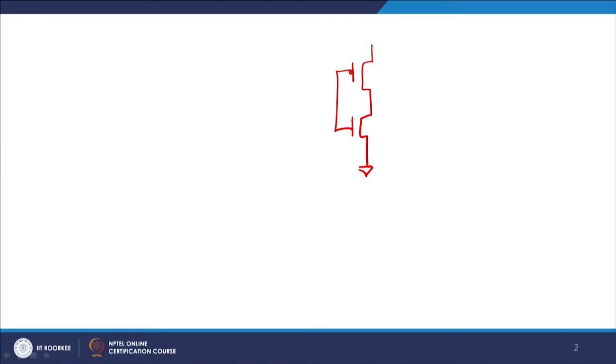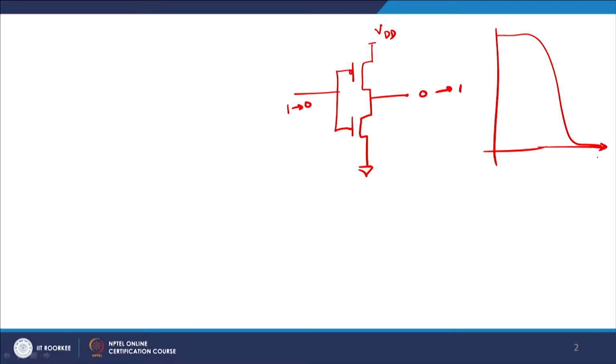If you remember, when we were using the simple CMOS architecture with NMOS and PMOS as your PUN and PDN, when the input was going from 1 to 0 and the output was going from 0 to 1, if you plot V in versus V out, you get a profile something like this. But somewhere in the middle, effectively both your devices are in the on